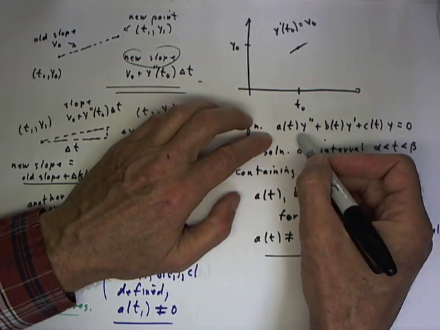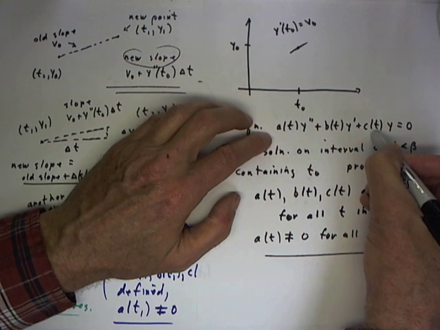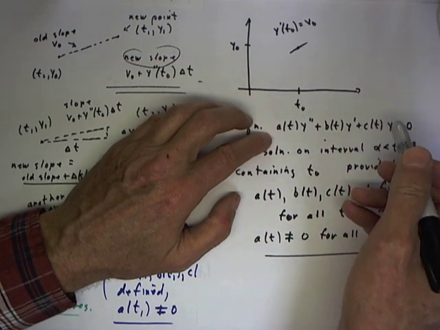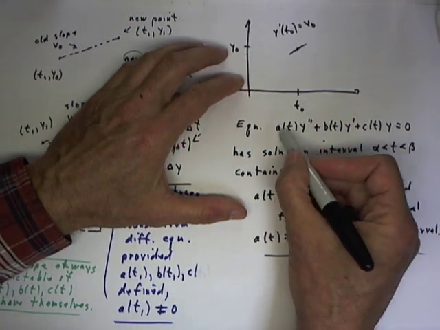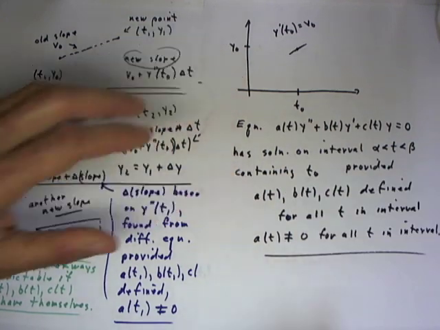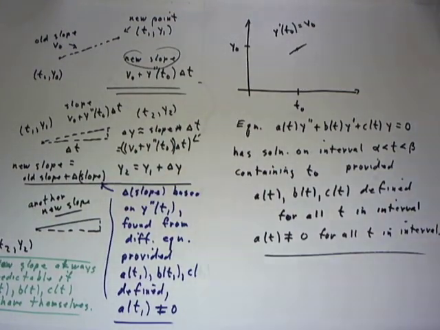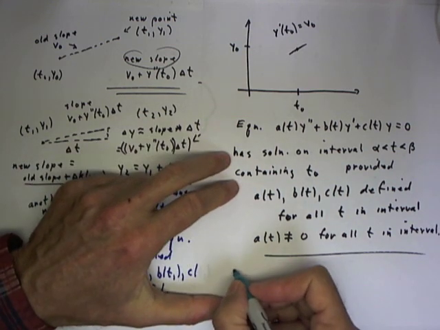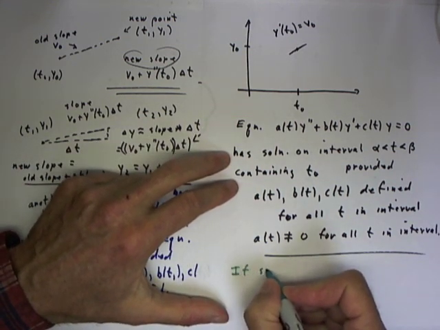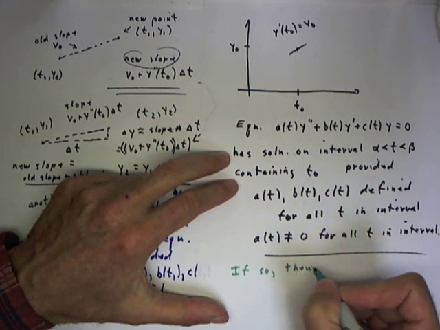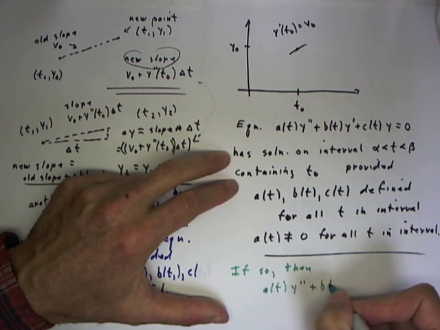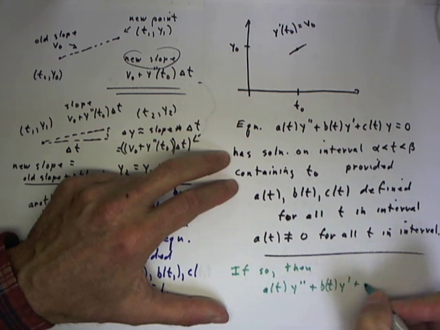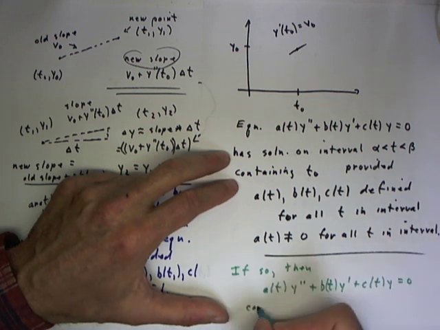Now, that requires that the a, b, and c functions all be defined at the point, and also that the a of t function be non-zero, because in solving for y double prime we have to divide by the value of a of t. So I'll say, if it's so, then a of t y double prime plus b of t y prime plus c of t y equals 0 can always be solved